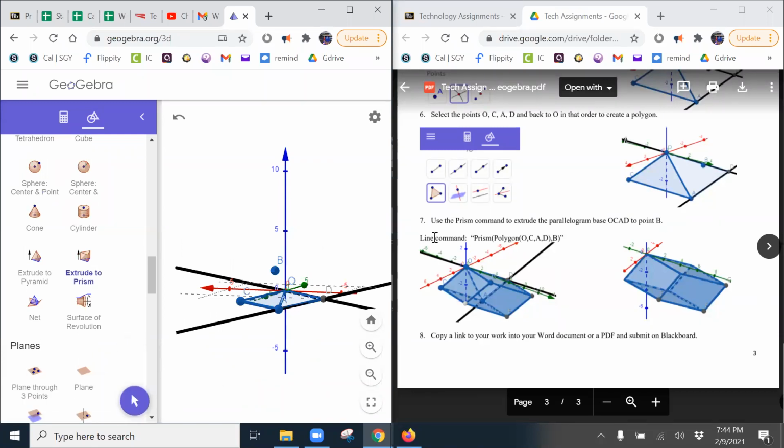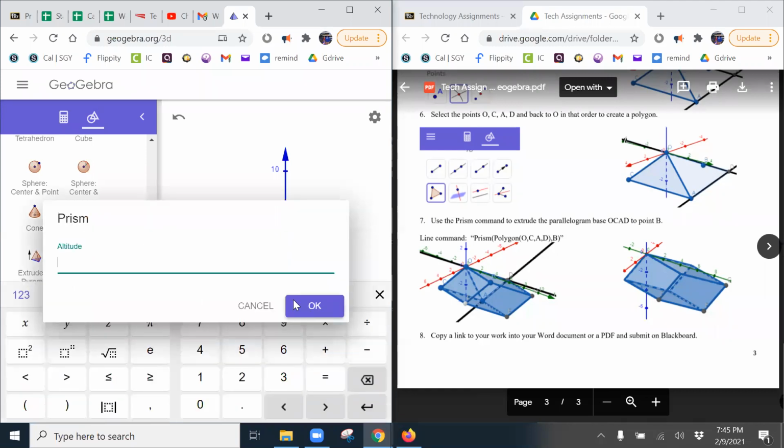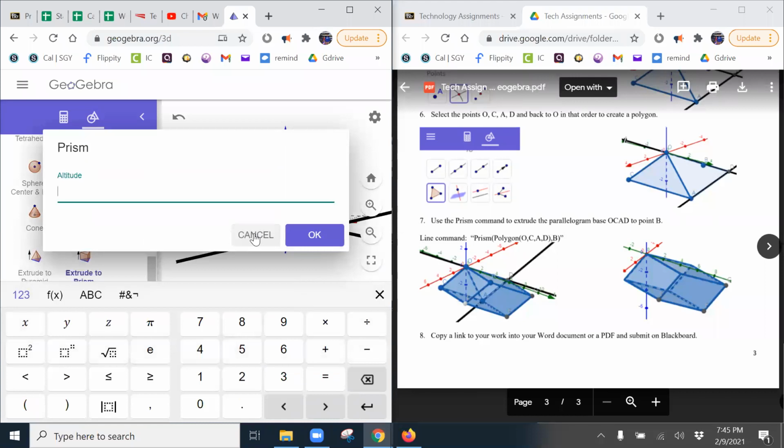That's why I put the line command here, because I know it's a little tricky. If you click in the part that's OAC, that could be the triangle polygon that we created before, or it could be part of the entire parallelogram. Sometimes GeoGebra gets confused on which one you're clicking, but if you click over here, it'll ask you what your altitude is, and then,